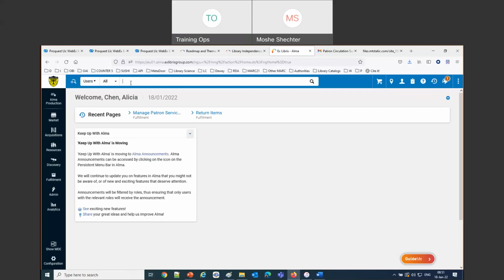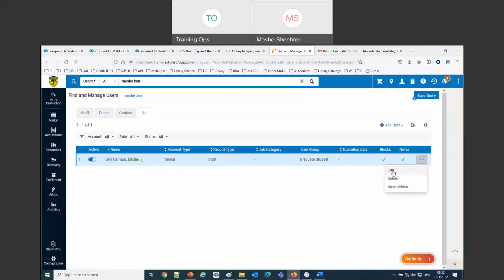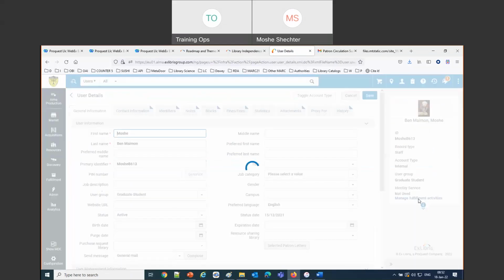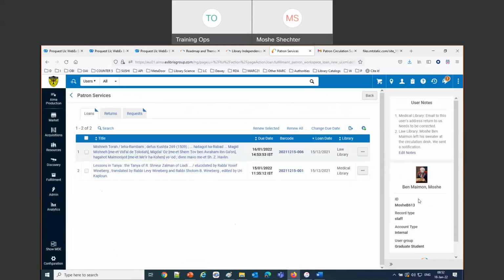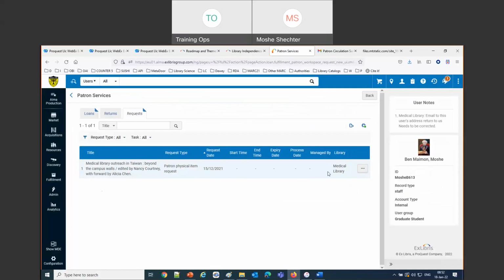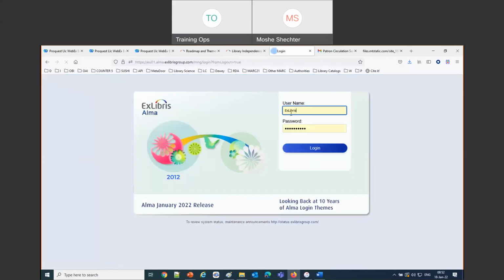So let's go take a look at Moshe Ben Maimon. And we'll manage his fulfillment activities. Okay, so we already saw the loans, requests. So he's got a request in the medical library. If we were to come in now, sign out, Ellie Mae.